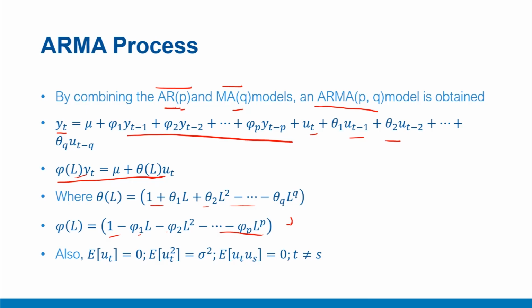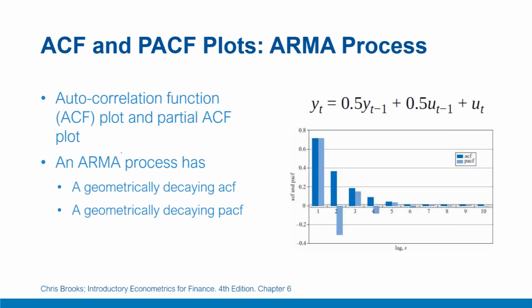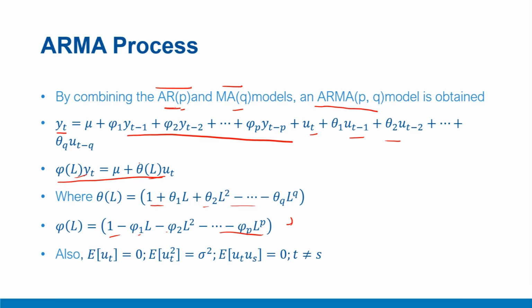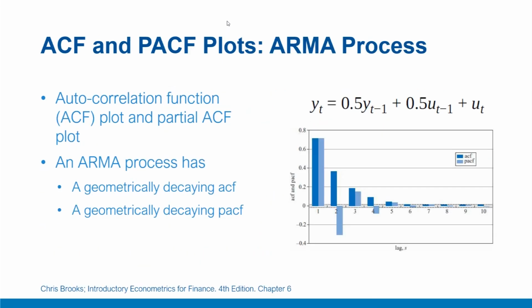Also, we said that these mu_t here are white noise processes, and the white noise process that these mu_t are can be defined with the expected value of 0, their variance, which is expected value of mu_t square as sigma square, and their autocovariance as 0 for all the times which are not same as s. For all the t's that are not same as s, the autocovariance is 0 because white noise is a process with no discernible structure.